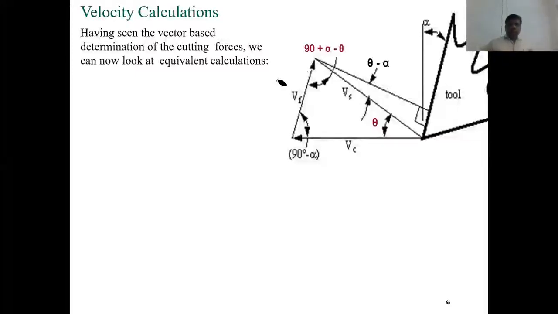Right. So come to the velocity calculations. Like forces acting on the workpiece as well as the cutting tool, velocity is also involved in the machining process, especially the cutting tool. When the cutting tool is cutting, there is some kind of motion between the workpiece and the cutting tool. Like in the wood cutting lathe you have seen, the cutter is relatively moving forward. So that is one velocity.